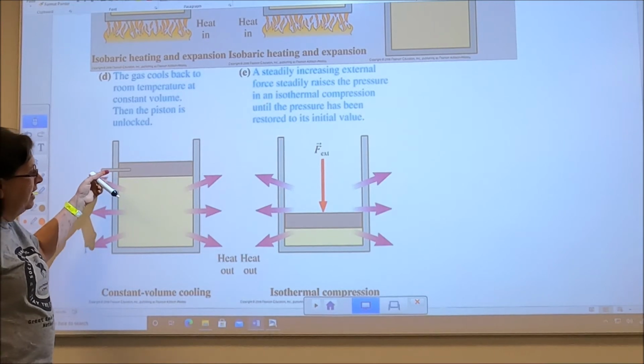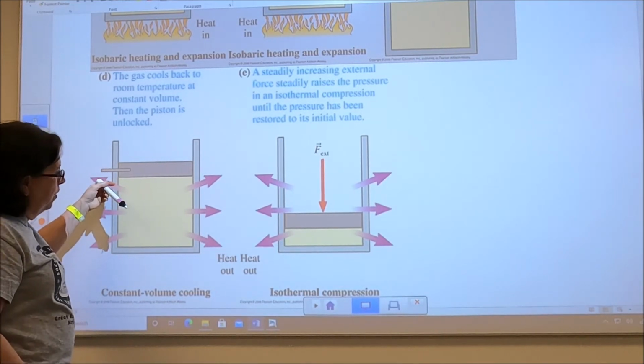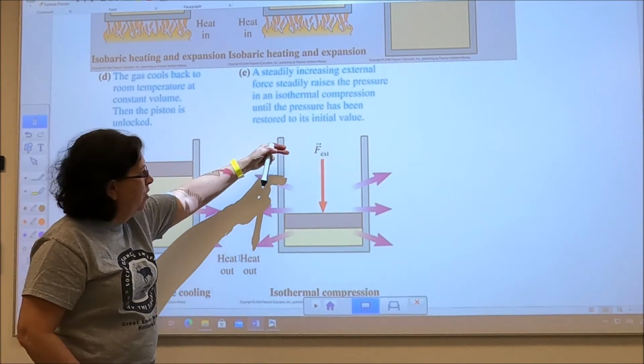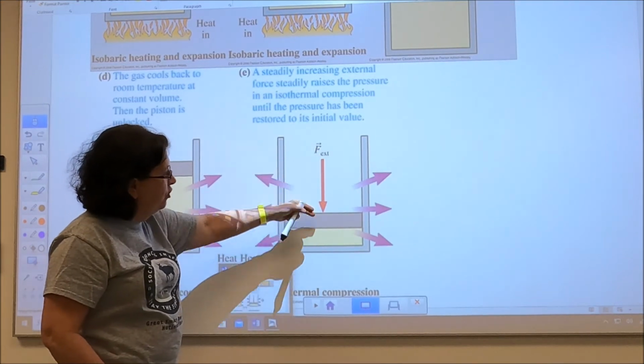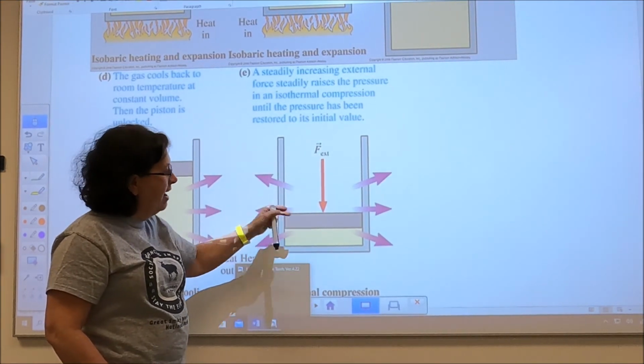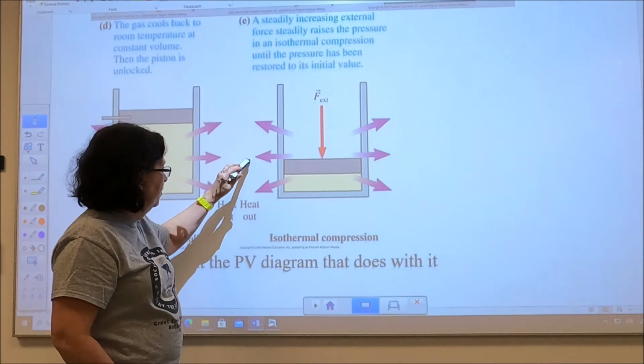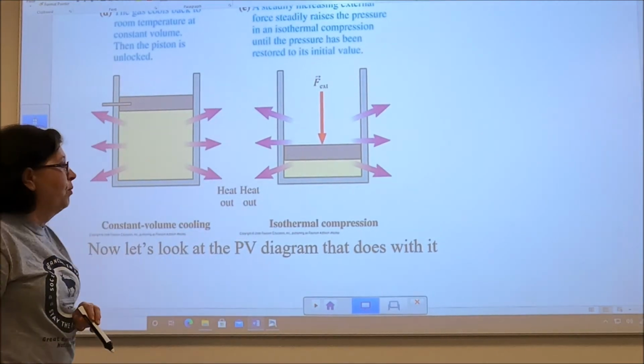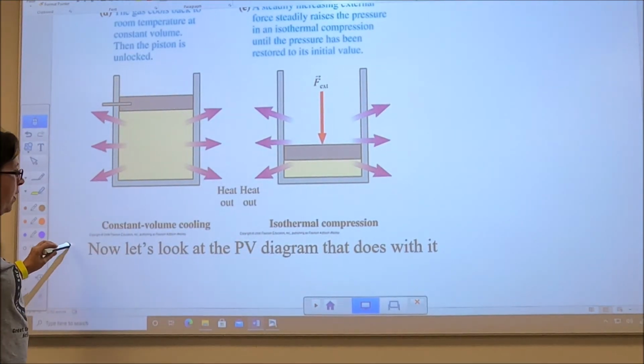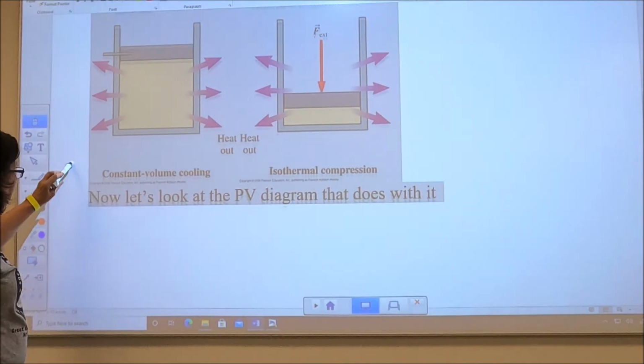And then once it has cooled for a while, I pull the pin out, and the external pressure compresses the gas and more energy flows out. It's an isothermal process. So if we were to look at this on a PV diagram,